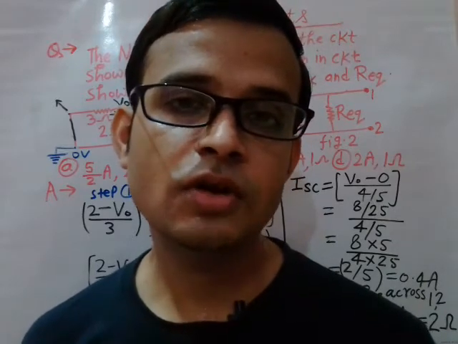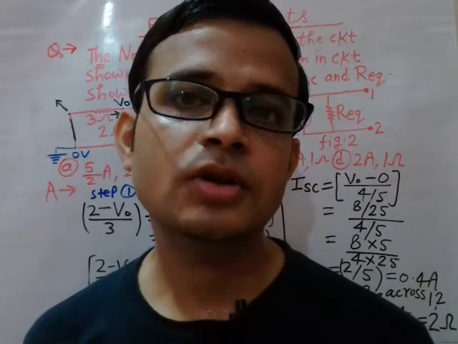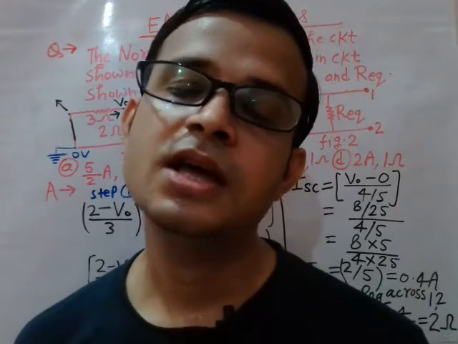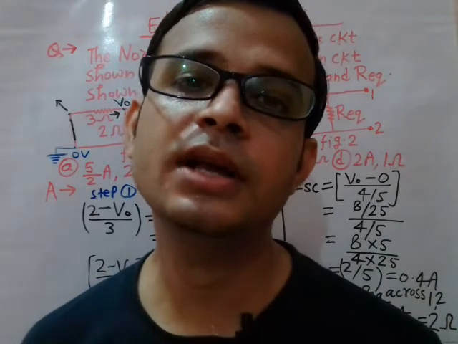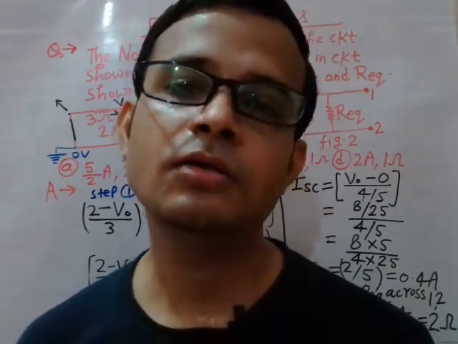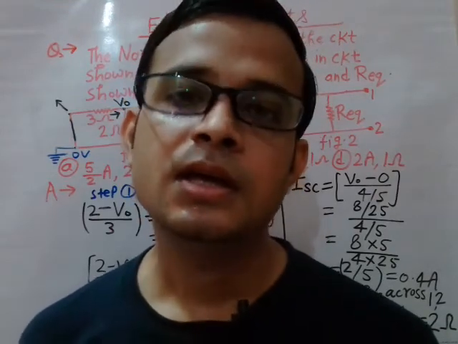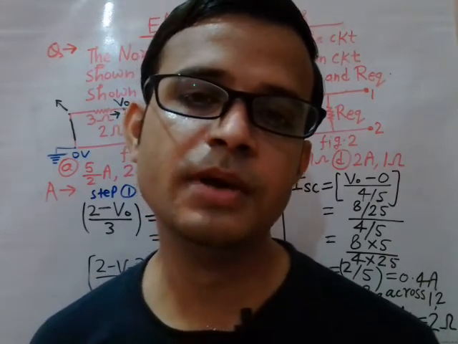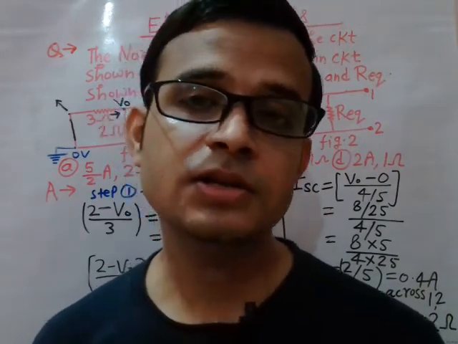Once you find out this Norton current by KVL and KCL, which is nothing but the short circuit current, your next step is calculation of R Norton, right? So R Norton will be calculated exactly the same way you calculate the R Thevenin, right? That means for the calculation of R Norton, you will first deactivate all the independent sources, right? If it is an independent voltage source, then you must make it short circuit. If it is an independent current source, you must make it open circuit. So under this deactivated condition, you will find out